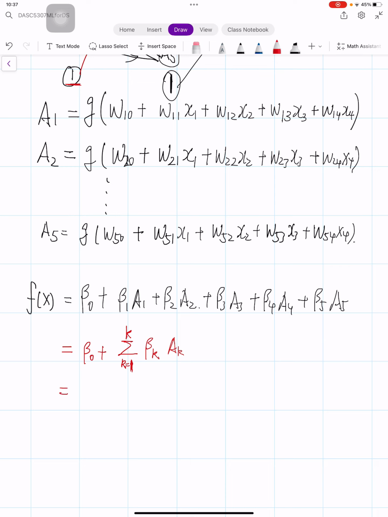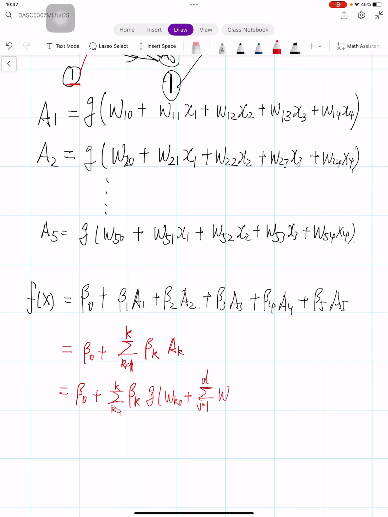And this equals beta 0 plus summation k from 1 to K, beta k and the g, okay, wk0 plus summation j from 1 to d features. We have d features, right? From 1 to d